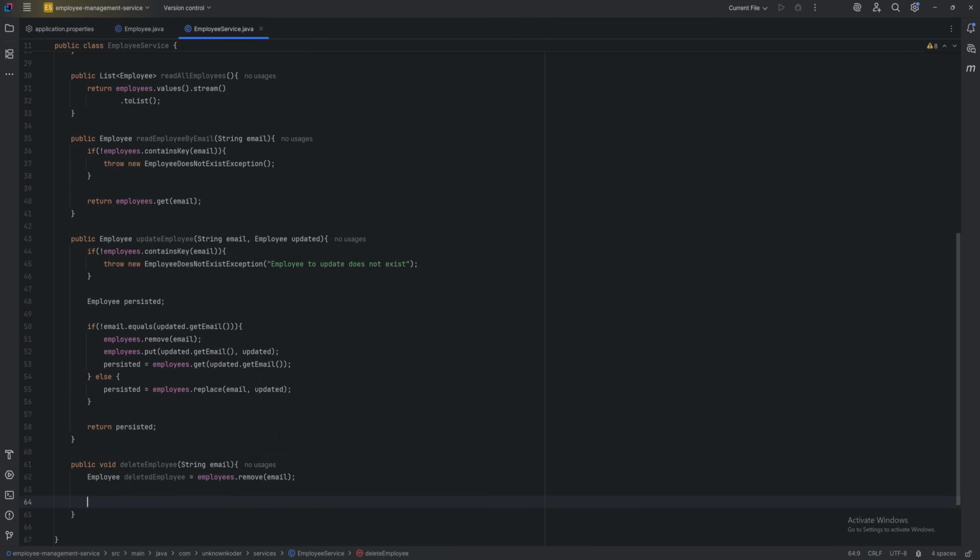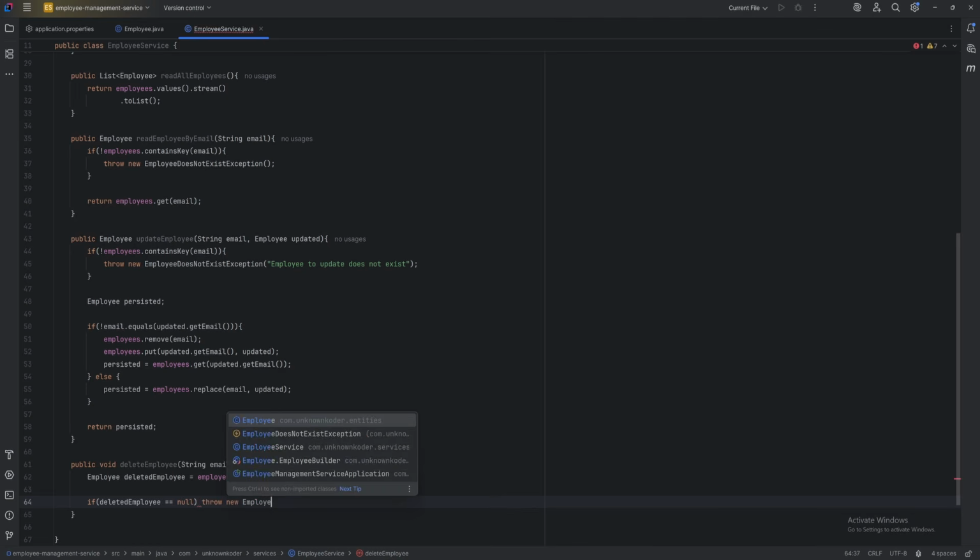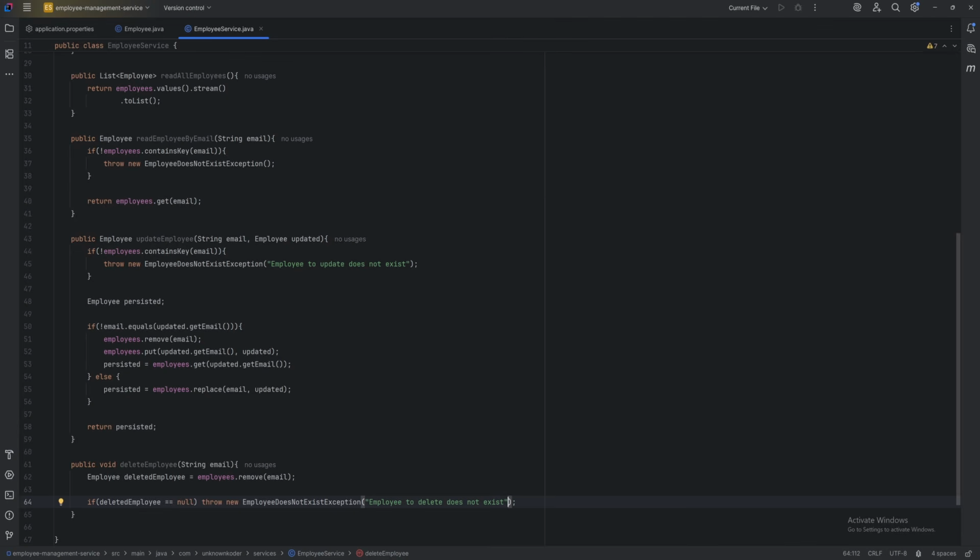Next, we want to add a check to make sure an employee was actually deleted. To do this, let's say if deletedEmployee is equal to null. If this is the case, we're going to throw a new EmployeeDoesNotExistException because we didn't find an employee. And inside the exception constructor, we're going to pass that the employee that we're trying to delete does not exist. Otherwise, we're just not going to return anything, and that should do it for our delete functionality. This will wrap up all of the CRUD functionality for our service layer